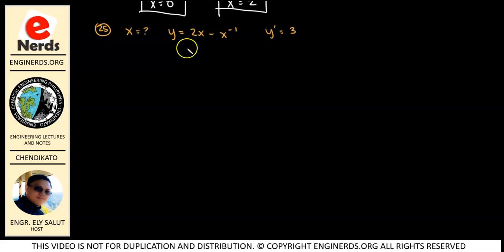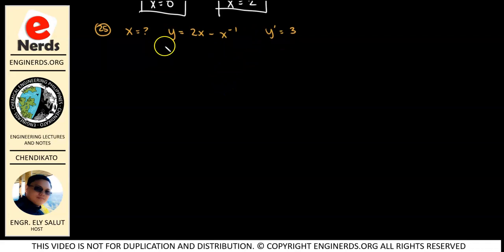So ano daw yung magiging value ng ating x kung saan ang derivative niya is equal to 3. Okay, so nag-assume lang ako ng value ng y, no, para madali ko siyang ma-explain sa inyo, no. Okay, so we'll need to get the derivative of this and equate that to 3 para makuha natin yung value